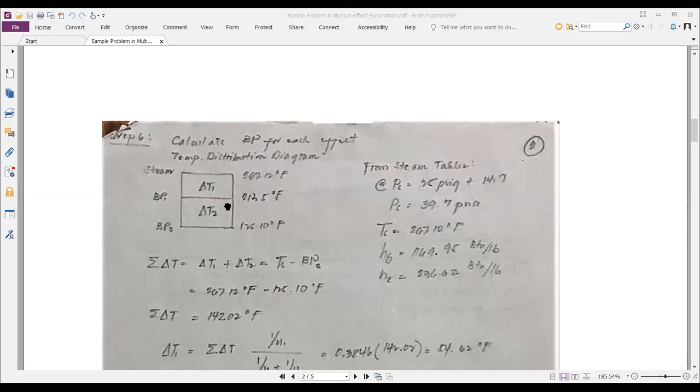So in our case, we're given a double effect evaporation. So the rectangle that I have here has 2 divisions. If it is triple effect, I should have 3 divisions, and so on and so forth. So what do I have in the bottom part of my rectangle that I have divided? I should have there the boiling point of that effect. In our case here, this is the boiling point of the second effect.